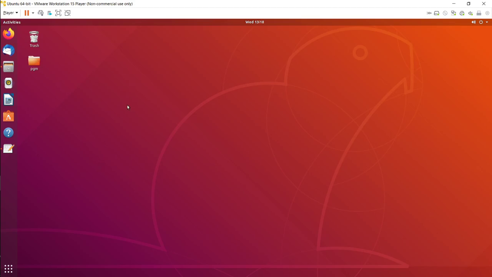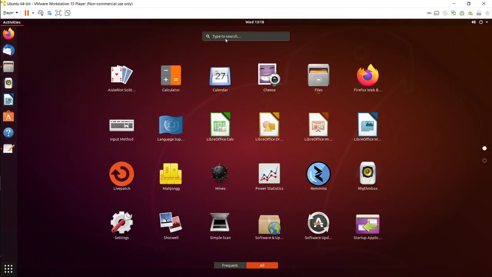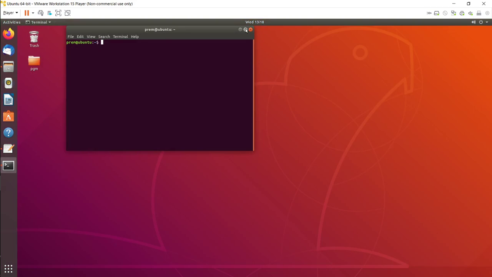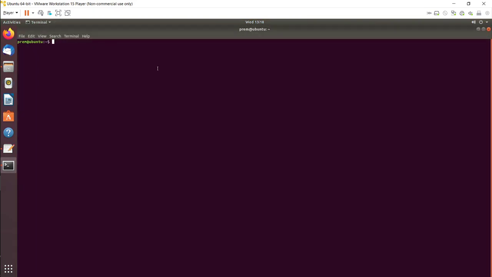Now to run, we have to open the terminal, which is the command prompt. Just right click and you can see the terminal below, or you can go to the menu and search for terminal, and you can open it. Let me increase the font, it is a bit small. Since our program is on the desktop inside a folder, we have to go to that particular path.